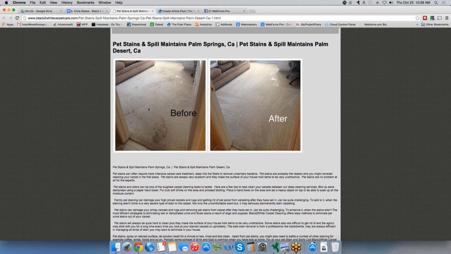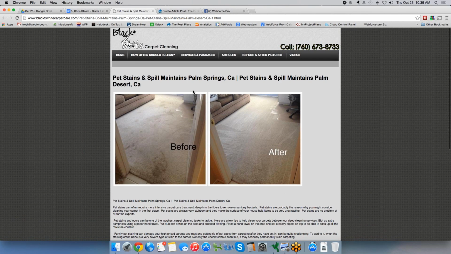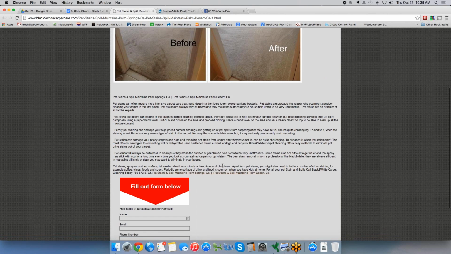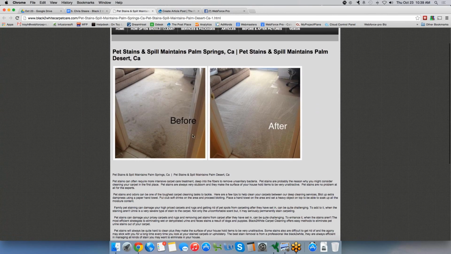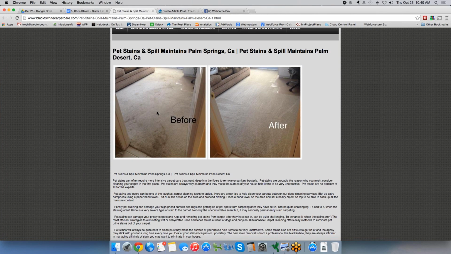Going down, he's got both his before and after picture, which is perfect. I can't stress enough how important it is to do before and after pictures and to put them in your articles. Because at this point, if I were a potential customer and I landed on this page, it doesn't even matter if I don't read any of this content below. Just looking at these two pictures, the before and after, makes me want to get my carpets cleaned by Chris,